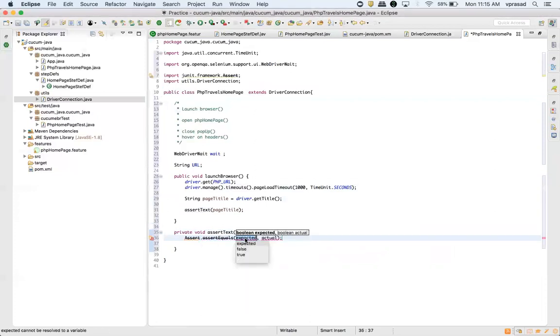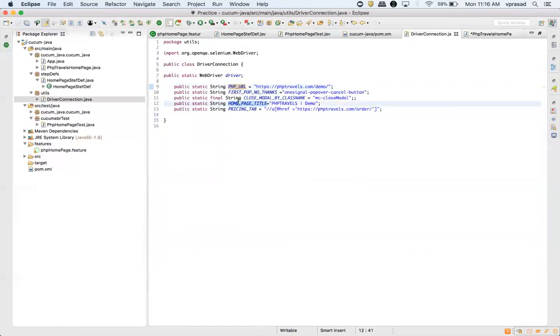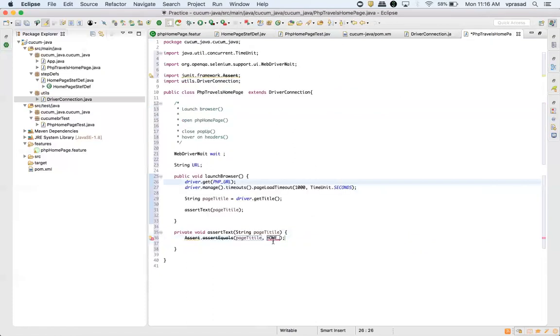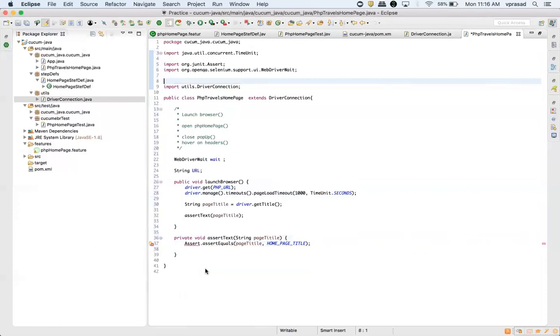Here is the expected, I'm expecting the assert text, page title, and actually it should be the actual. You can see here this is the actual and this is the expected. So I'm comparing both. Assert equals, you don't have to use this one, you can use JUnit so that it's not the deprecated one. Alright guys,